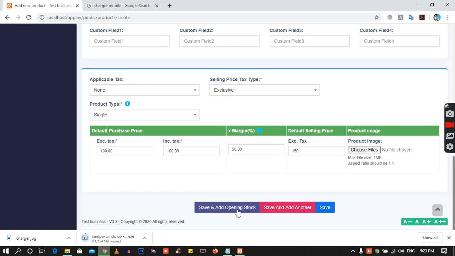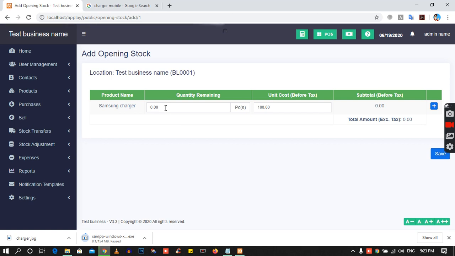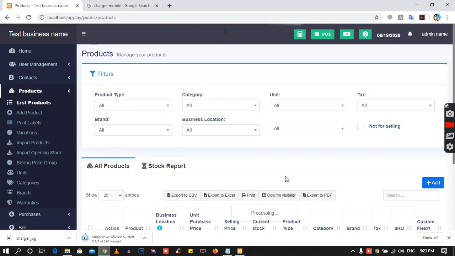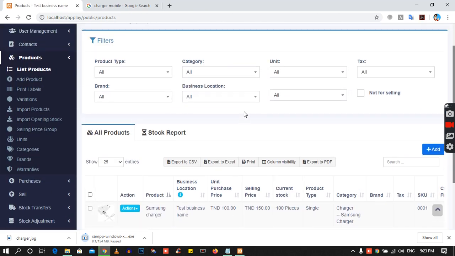And first, you know, if I have a shop and I have 100 stock already of the charger, we will add opening stock. I have quantity 100, and I save it. Yes, the charger is placed.